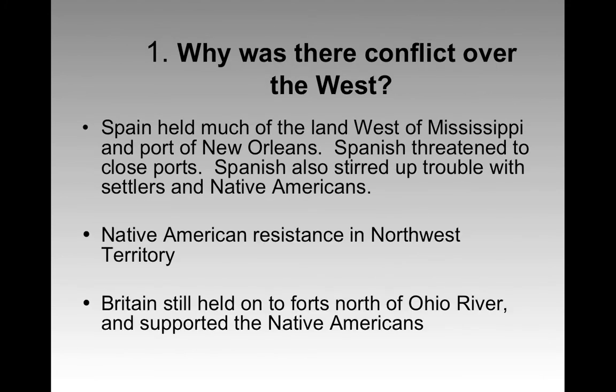So why was there conflict out west? One area the U.S. desperately wanted for economic purposes was the port of New Orleans. This was important because it would give the United States control of the Mississippi River, but Spain wouldn't just give the United States control of that. They had a great deal owning the port of New Orleans. That's kind of the main artery that runs through North America. So that was a really, really important piece to the puzzle that the United States was really trying to get.